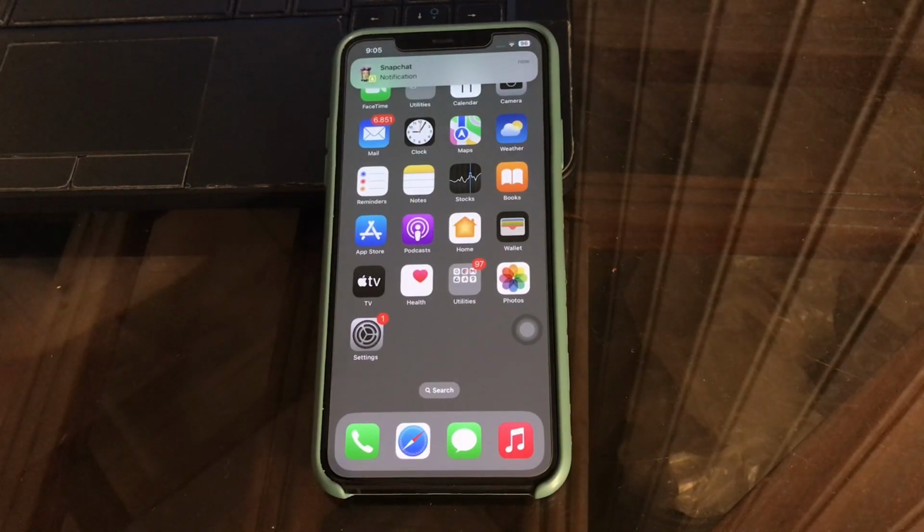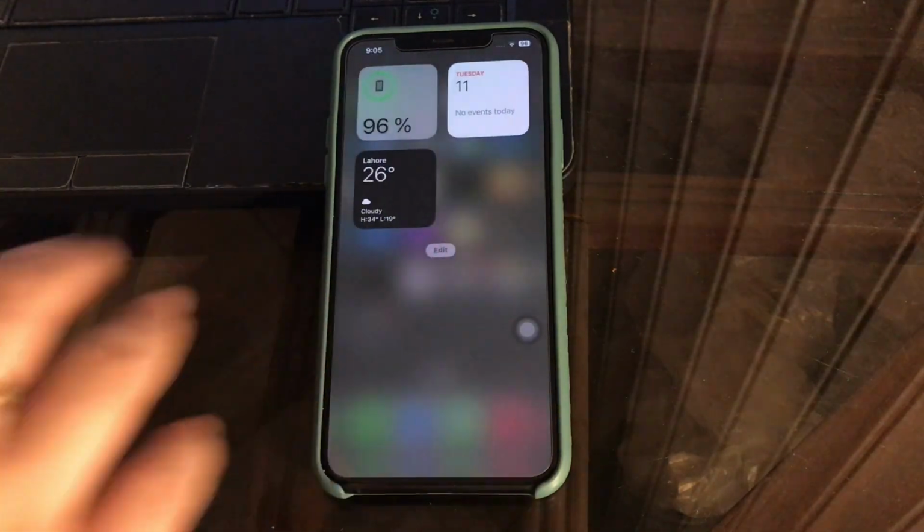So in this video I'll tell you how to solve widgets not working on your iPhone. Wouldn't it be nice if you get to see the weather updates or whether the stock market is going up or down without opening its respective application on your iPhone? Well, that is where widgets come into the picture. Many iPhone users set different widgets to display on their screen for their convenience.